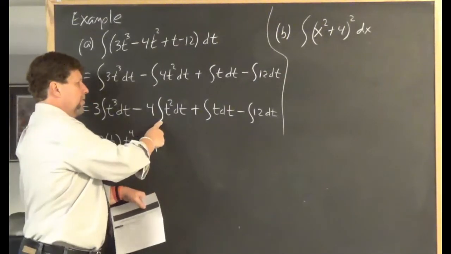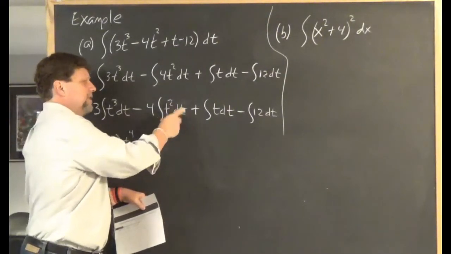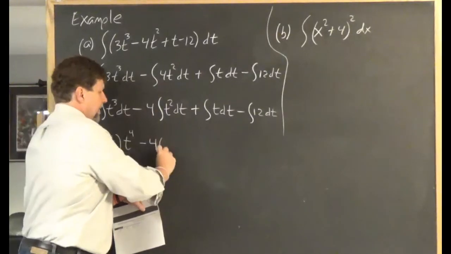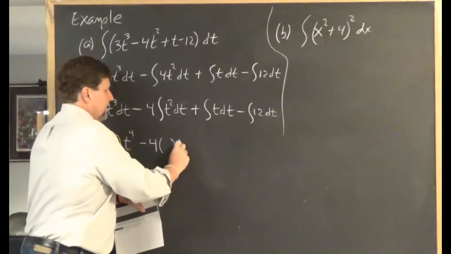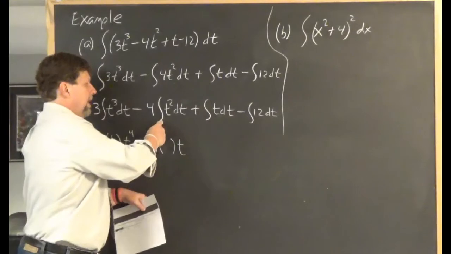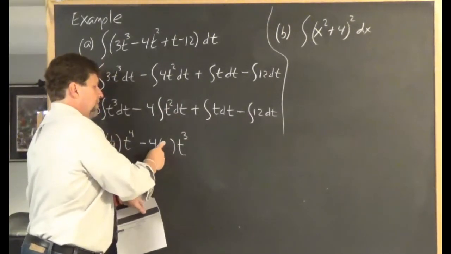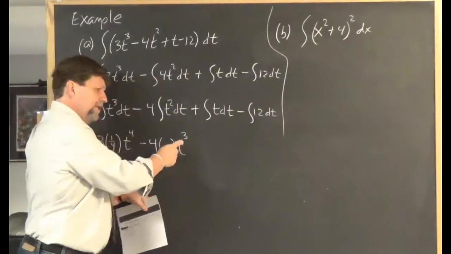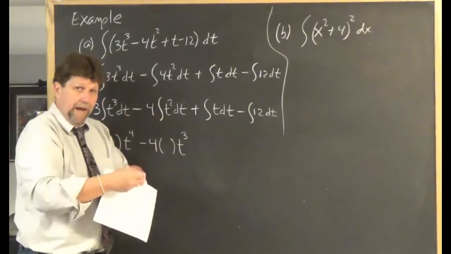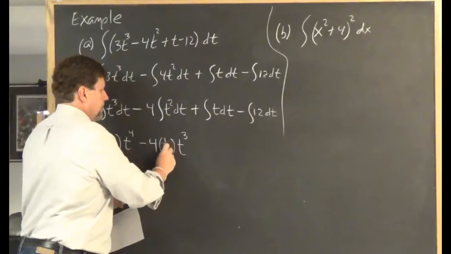I'm using the power rule to integrate a t squared dt. So I smack down an empty set of parentheses and use the power rule. Power rule says add 1 to the exponent. The little multiplier I'm going to put in here is the reciprocal of the new exponent. That's our power rule. So that gives me a 1/3